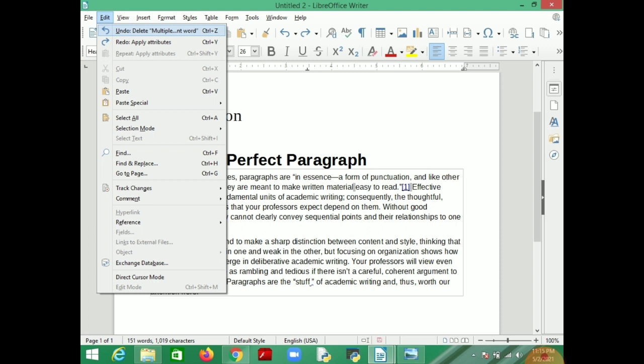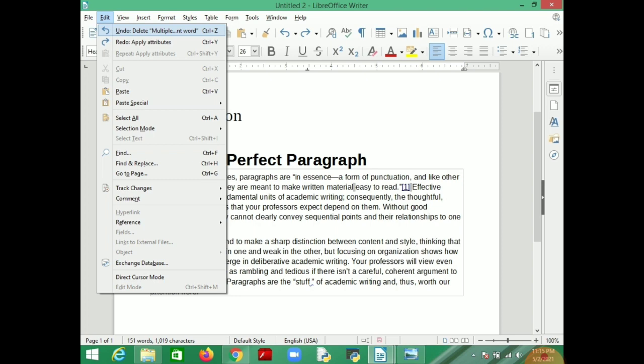Whatever you did, you came back by undo. Then if you want to apply those changes again, then do redo, Control Y. So whatever changes you did, they will be reflected again.